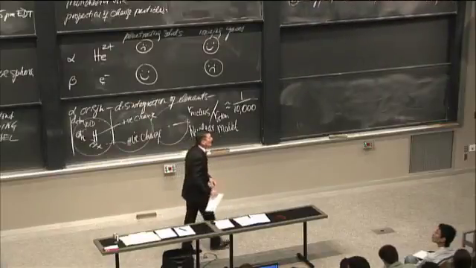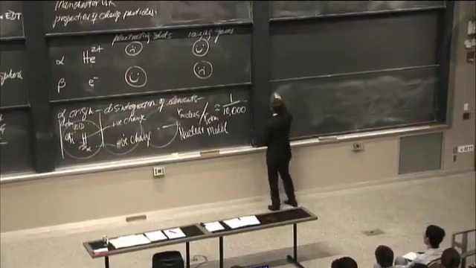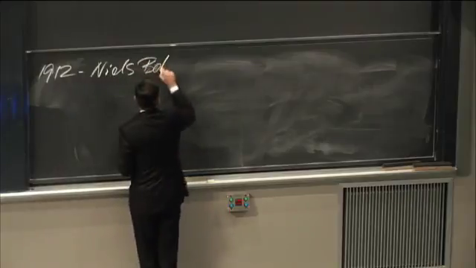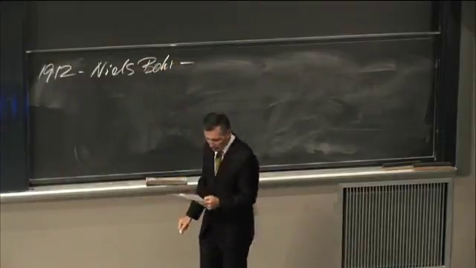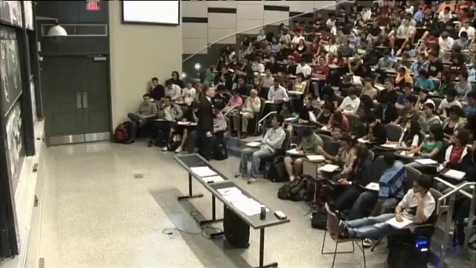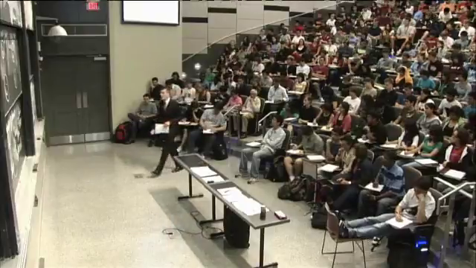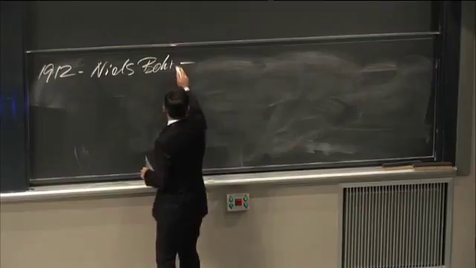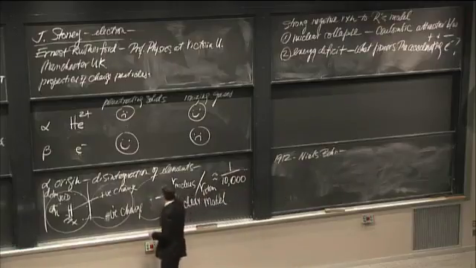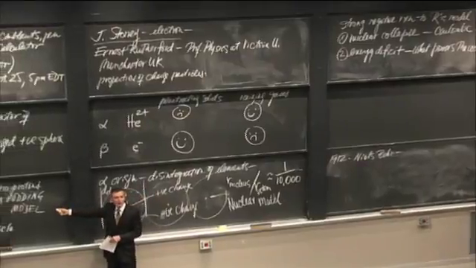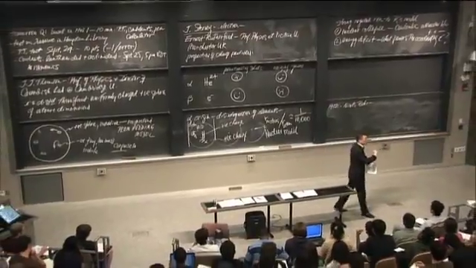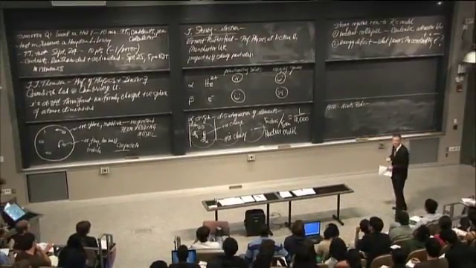All right, so now the story continues. Next chapter is 1912. So this is 1911. 1912, young Danish physicist by the name of Niels Bohr. Niels Bohr had just finished his PhD in Copenhagen, and he got a fellowship from the Carlsberg Brewery Foundation. Carlsberg Brewery put up money for science. And he was a young physicist, and he knew that in the UK there was a controversy brewing between the model of Rutherford and the model of J.J. Thomson. So he says, you know what I'm going to do? I got a year, I got money, I'm going to spend 6 months with J.J. Thomson, I'm going to spend 6 months with Ernest Rutherford. And that's what he did.